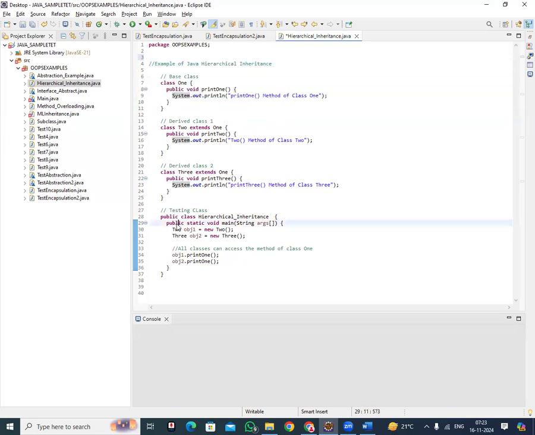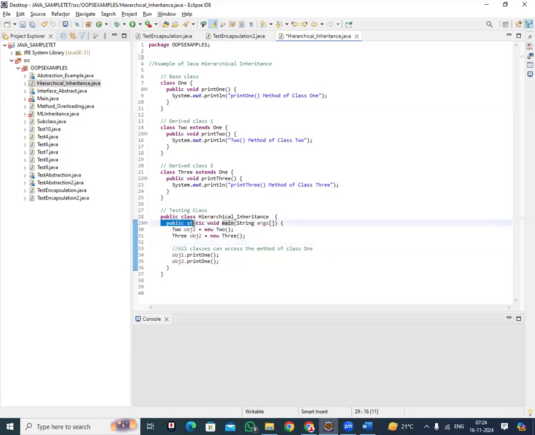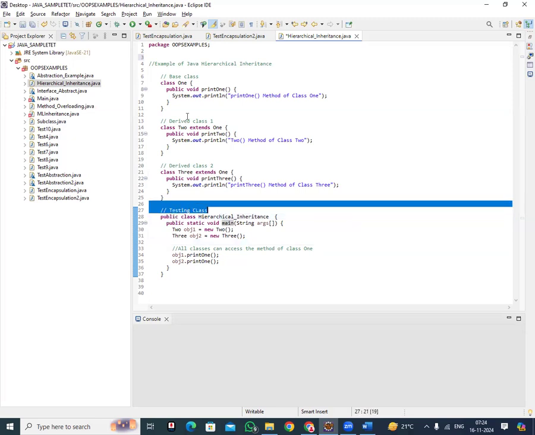Okay. And when we are executing the program, what we need is the public static void main method, because the Java virtual machine will come to the main method for executing the lines of code. So for every Java class, it's mandatory to have the public static void main method for executing the program. For that purpose, we are giving just a public class. This is a testing class. That means we are executing the class using this